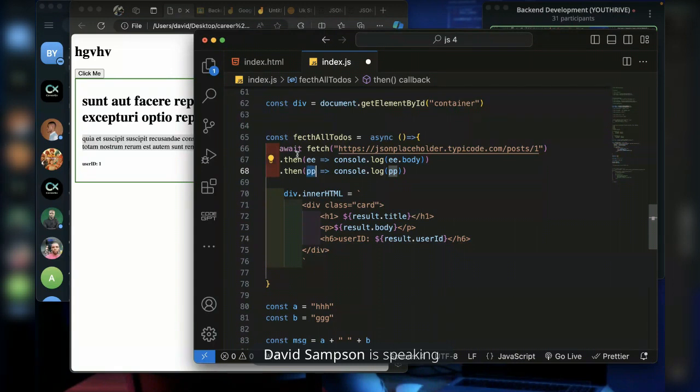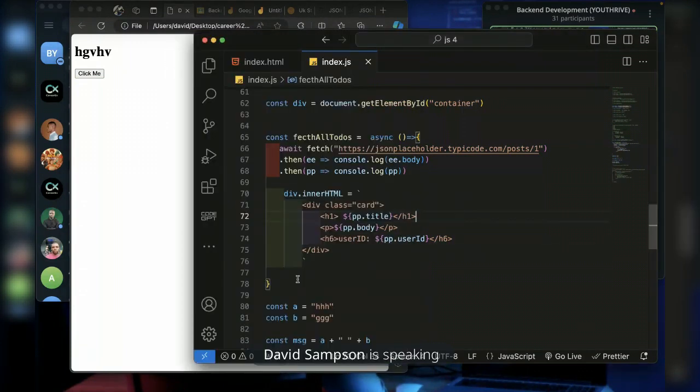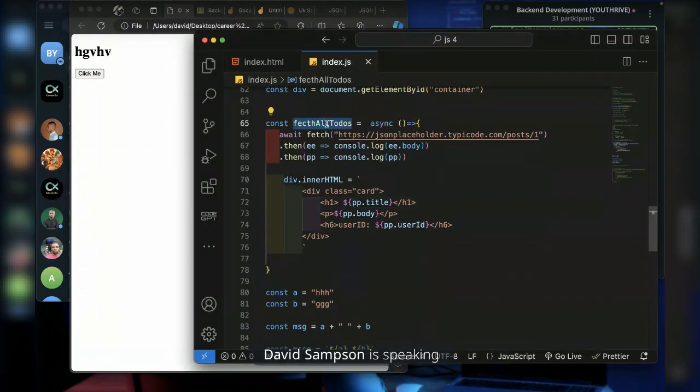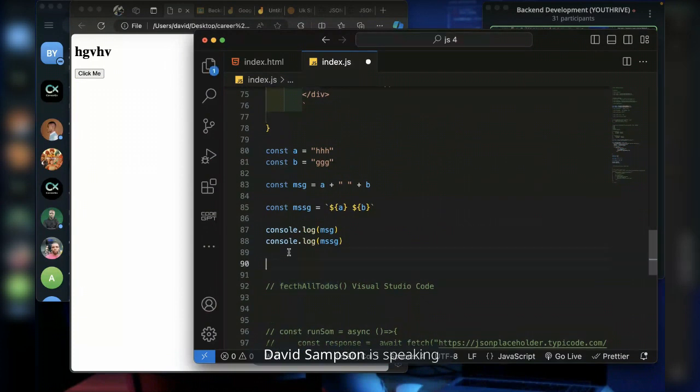So this one is a long process. You need to first bring out this variable from here because you can't use it here. If I add the PP directly, it can fail, because you need to first bring it out. So if I refresh, it's failing, so it's not working. And I'm also not calling the function. Where am I calling it? I'm supposed to call it here. Let me see.